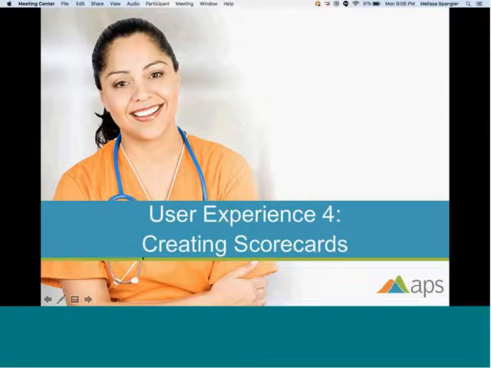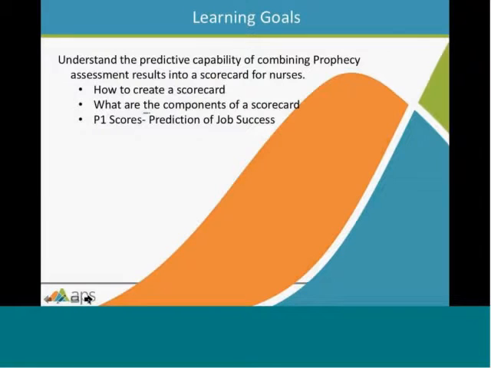Thank you for joining us for user experience number 4, creating scorecards. The learning goals for this section are to understand the predictive capability of combining Prophecy assessment results into a scorecard